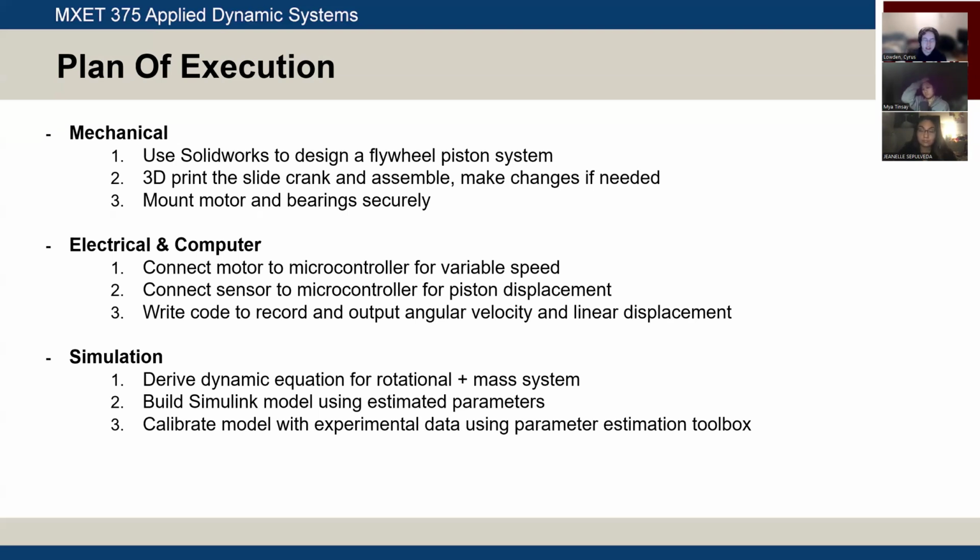And then onto the electrical and computer plan of execution. So we'll have the motor driving the flywheel, of course, and we'll need a way to measure its rotational velocity. I have an Arduino-like microcontroller that we can use for this project, and I found several sensors that we could attach to it to measure the rotational velocity. And then we could also use another sensor for the displacement of the mass at the end so that we can count how many times that mass